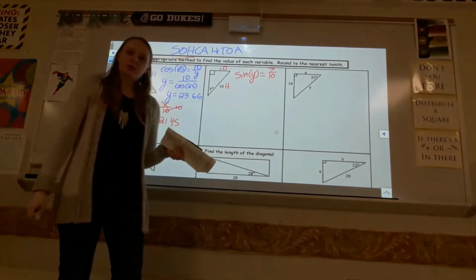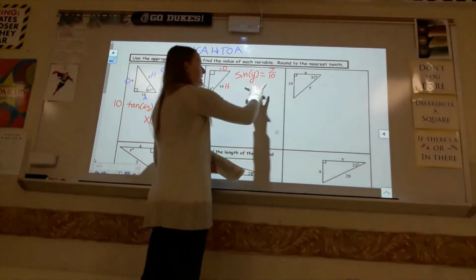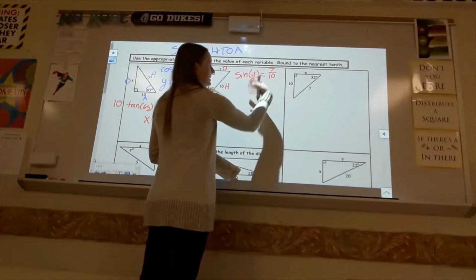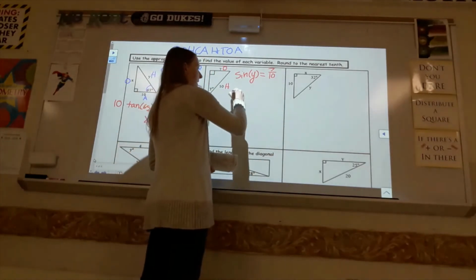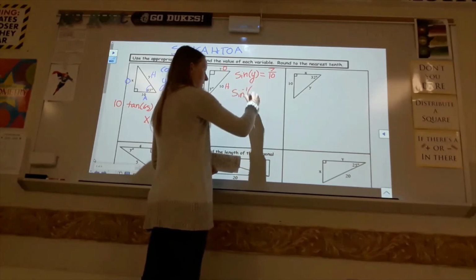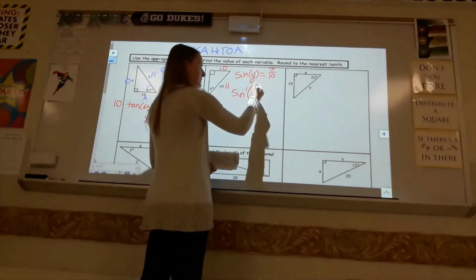This is where inverse trig comes in. We want to know what y is, so I need to switch these two so that y is on the other side of the equal sign so I can actually solve for it. So this is where inverse trig comes in. We're going to take those two things and switch them,